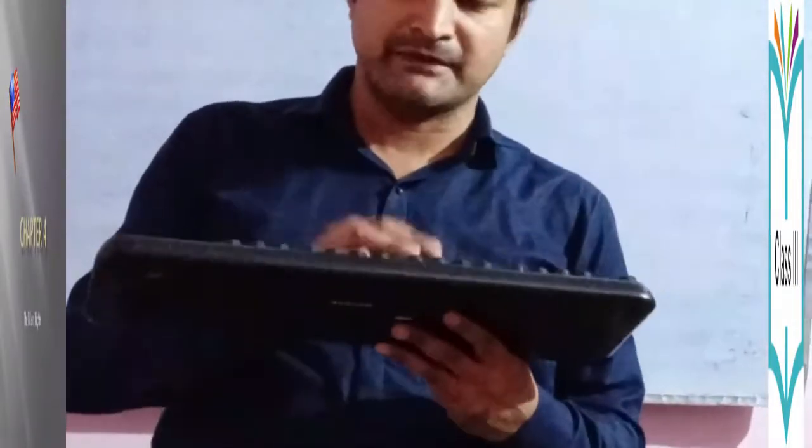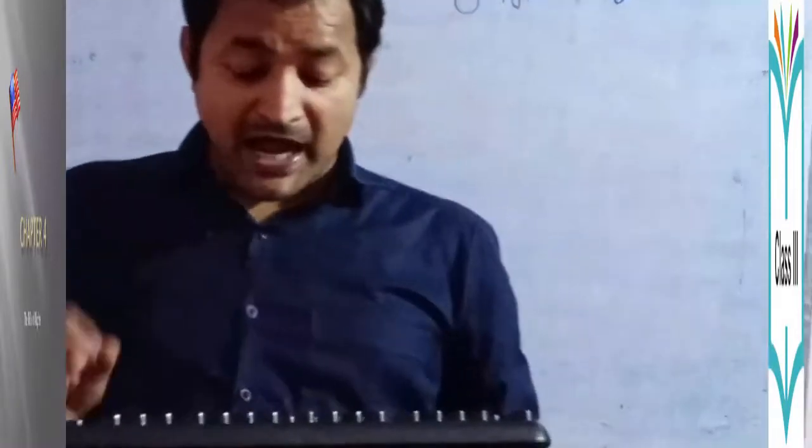Why is the keyboard an input device? Because I put in the data. I am an input device. Every teacher is an input device, because you input the data to all the students. You input every type of topic to the students. All teachers are input devices. So the keyboard is also called an input device.